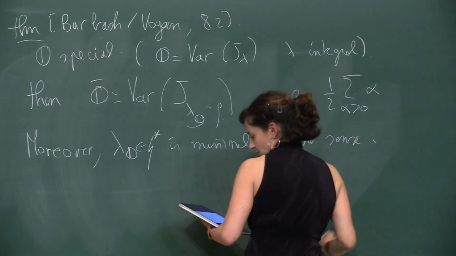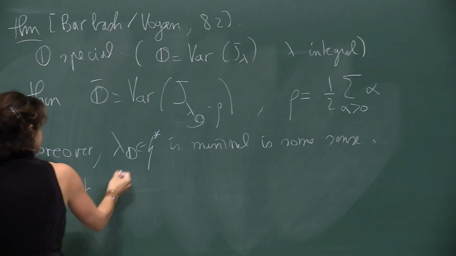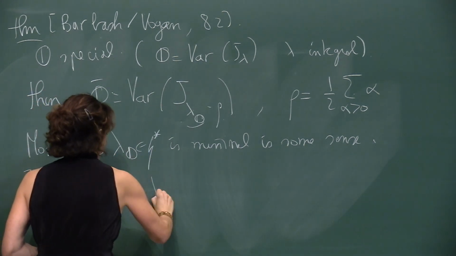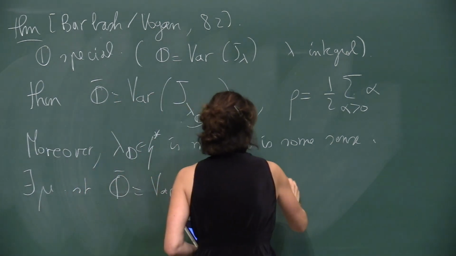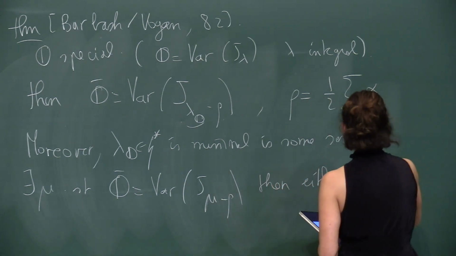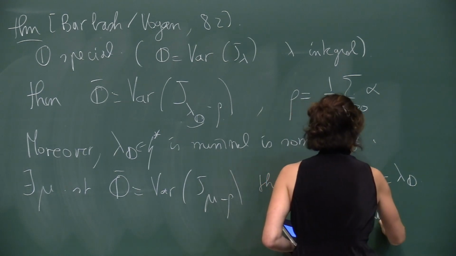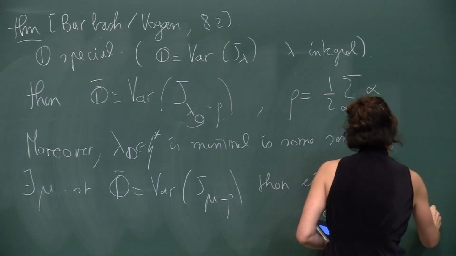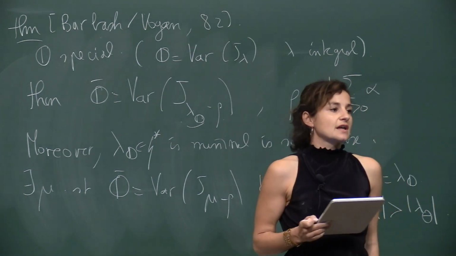And the sense is the following, that if there is some mu such that this is a closure of similar things, then either mu is this lambda O, or the norm is strictly bigger. So it's kind of canonical in this sense. All right? Okay, so I think it's the only thing I wanted to say in the classical setting,